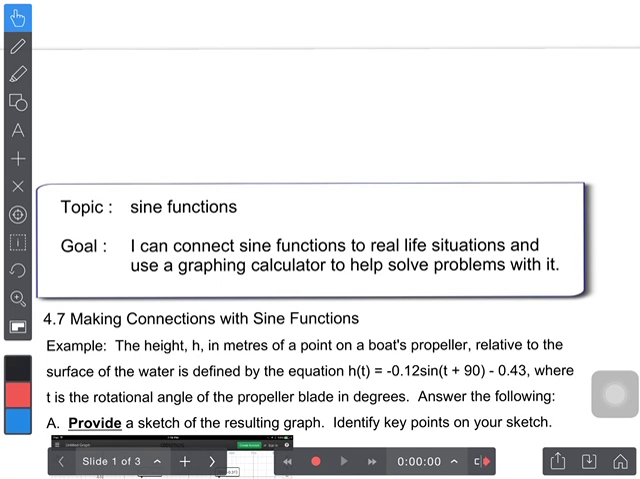Hello and welcome to the 7th lesson in Unit 4. Today we're looking at sine functions and their real-world applications. So at the end of this I want you to be able to connect sine functions with real-world situations and